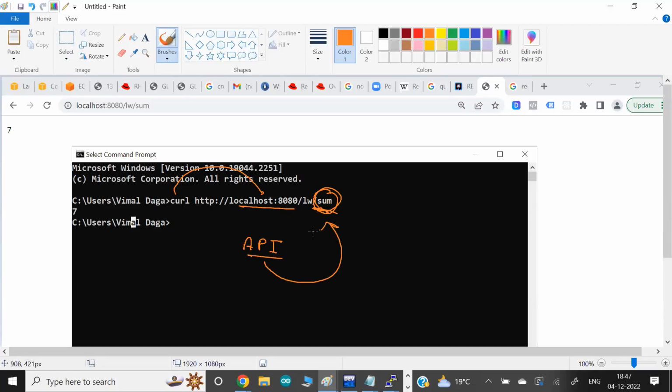That's called APIs. Why API? Because behind this URL, some app is running. Every app has its own responsibility. This app is doing something for us, 5 plus 2, 7. The 5 plus 2 is fixed, but we can give the input also. How to give the input, we'll see. So this is called APIs.